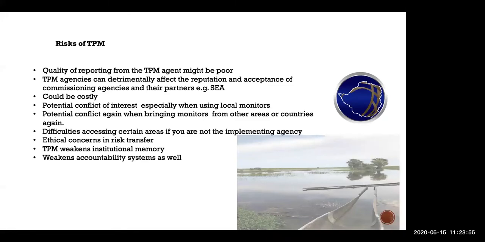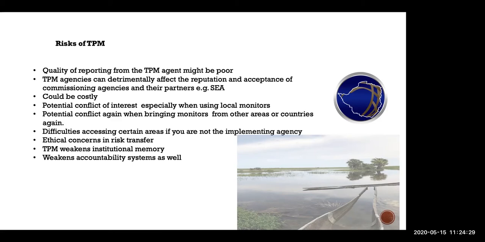Then there could be potential conflict of interest, especially when using local monitors. So, for example, if these are places that are not easy to access because of conflict or because of the infrastructure or poor road networks, the best thing to do is to work with field monitors from that particular area. Yes, a company might be an international company, or might be based in the city, for example, but for the actual monitoring data collection, what TPM agencies do is make use of local